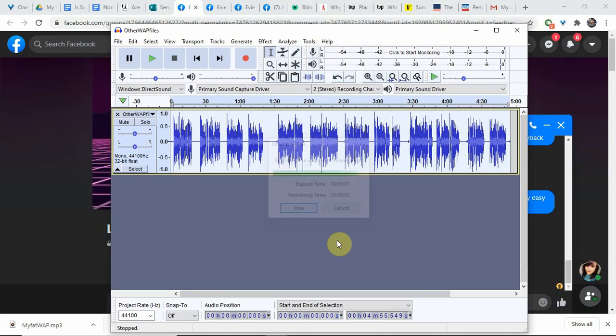And that is how to fix common audio problems and get everything set up to sound really good. Again, the only thing that I would really add to this, if you really want to play around with it and look into it, is using the equalizer, but that is honestly something that you have to study, and it's also something that is highly variable depending on what your voice sounds like and the properties of the room you're recording in as well, and also what you want your voice to sound like.